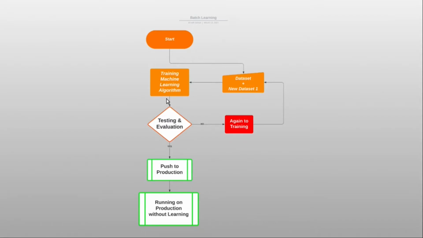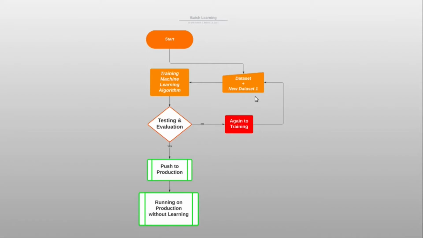If we want to update the model with a newer dataset, we have to combine the older dataset and the newer dataset, and then the combined dataset is given to the machine learning algorithm for training. The model is trained with the combined dataset, then tested and evaluated. If the model works fine, this new model replaces the older model which we pushed to production earlier, and the new model runs from that point of time. But the major disadvantage of batch learning is that we need to add the older dataset, which we have already used for training the model and which is also running in production.